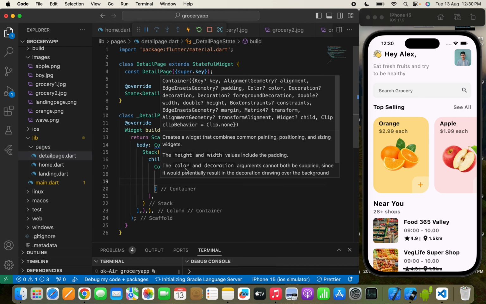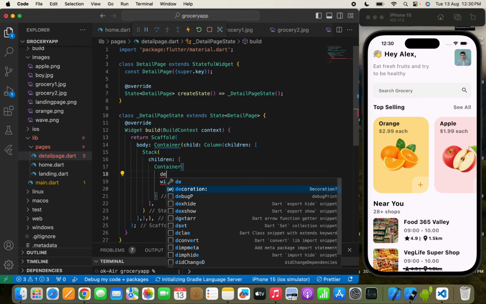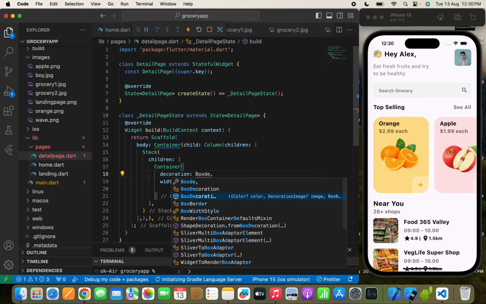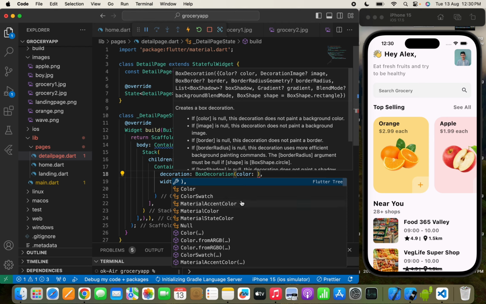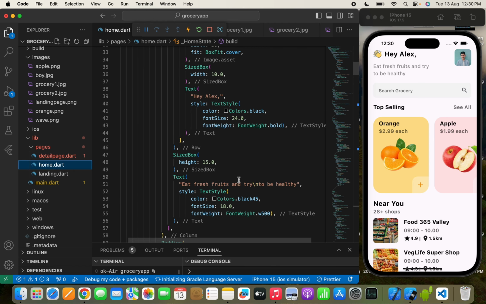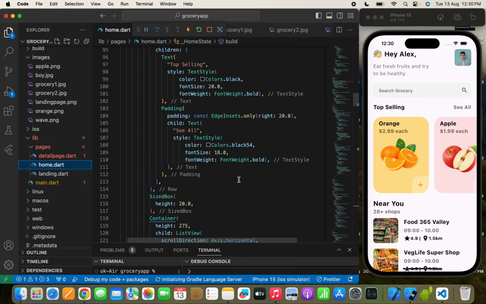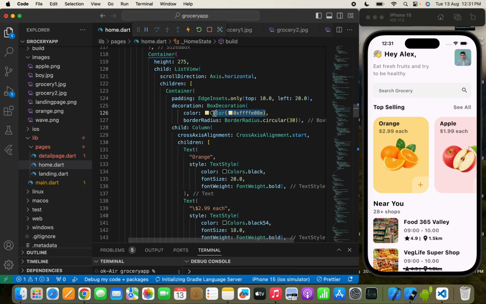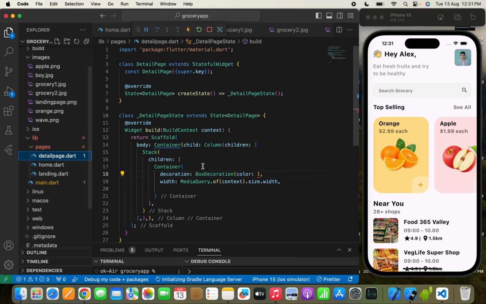Now, after this, I need to pass a decoration, which will be a box decoration. Now, color, in the color, we are going to use this color. So, I'll move to the home page again and we'll find where that color is. So, here it is, this color we are going to use. We'll paste it over here. Now, after this, I need to pass a child and text,